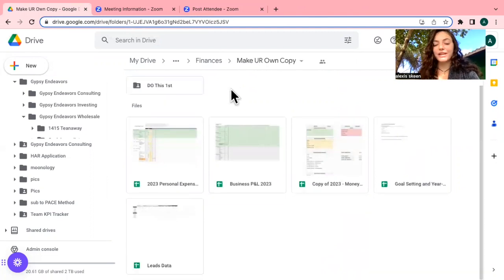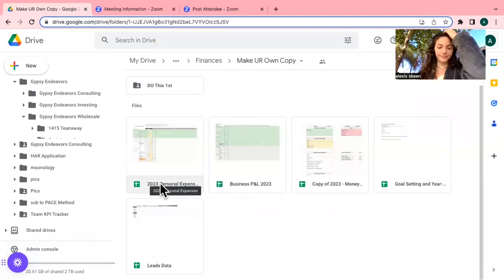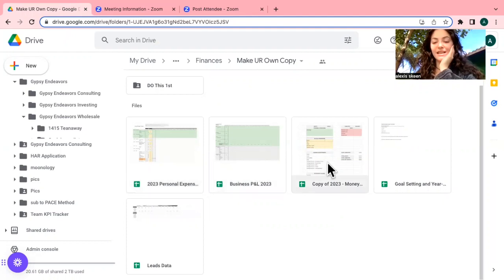then you can come in here and again make copies of all these documents. And there's a couple things here that I'm going to show y'all through, but I'm going to go over them real quick. So this is for your personal expenses. This is for your business expenses. This right here, this money workbook, it has debt trackers. It has a couple other goodies I'm going to walk you through. And then